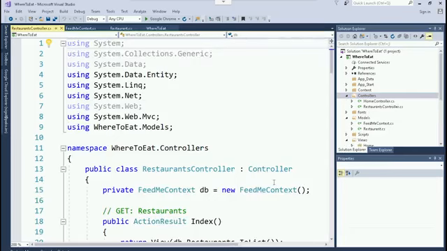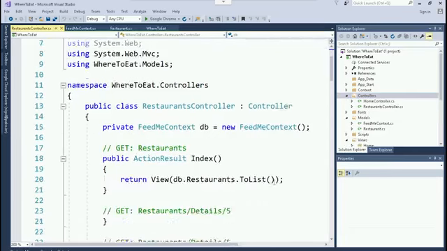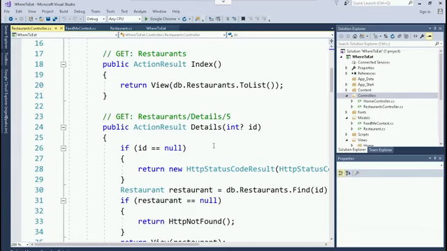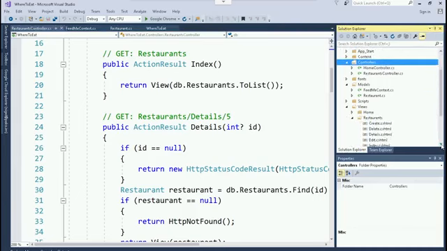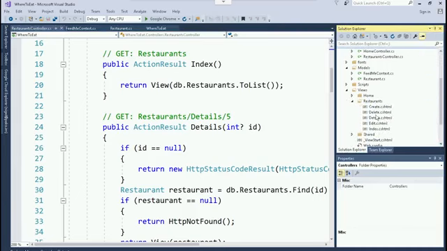So here's our restaurants controller class. You could definitely use this as a start point for a more full-featured controller. Similarly, if we scroll down in Solution Explorer, you'll notice that we have a series of view files that have been added to a restaurants folder, and each of these makes use of the Razor syntax. So we can test out our new functionality by just debugging the project.